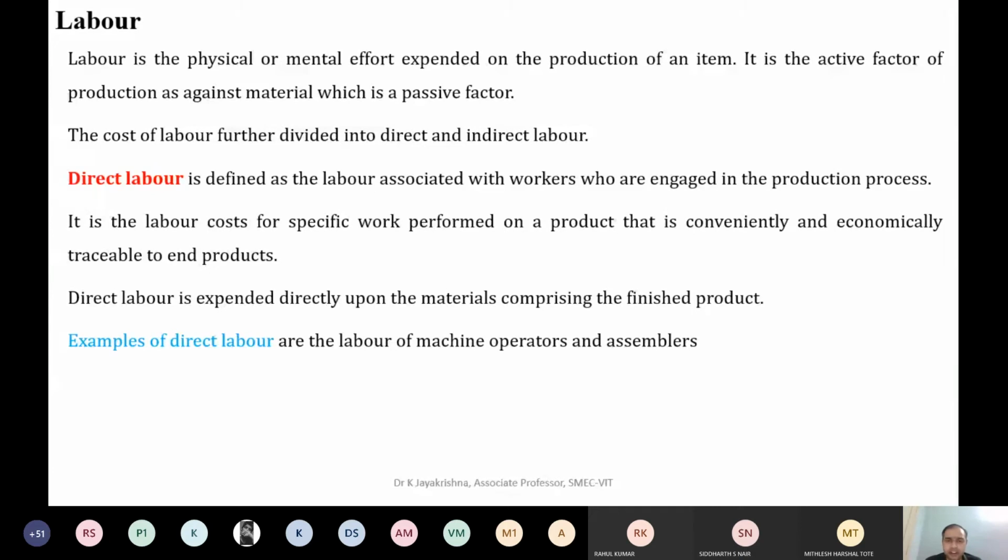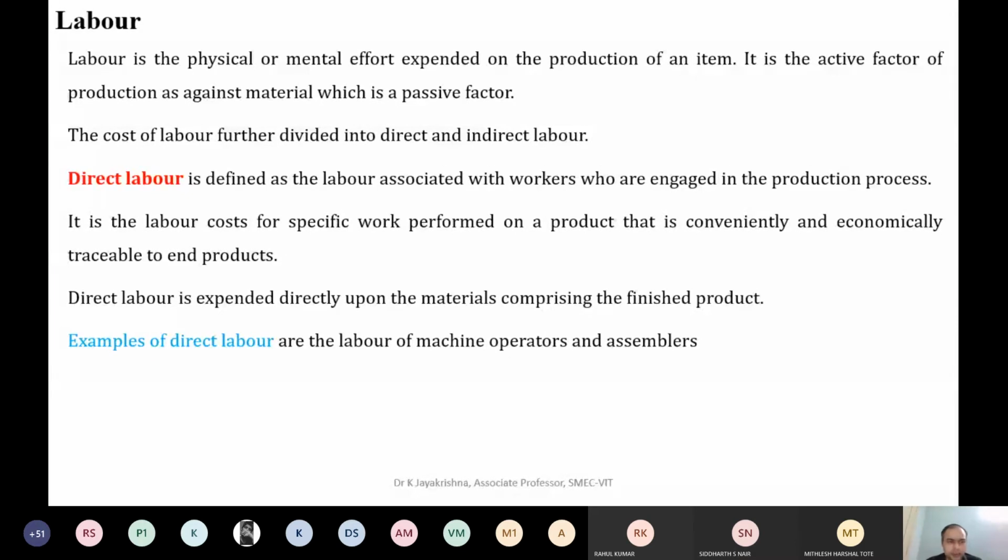In our university we have a very good estate office. The people working in the estate office, on maintenance activity and everything, maintain the campus very well for us to run the university. That is called indirect labor. In a software company, the security people and the people running the restaurant all come under indirect labor. They support the business from inside, but they are not directly involved in the manufacturing activity. So they are all called indirect labors.